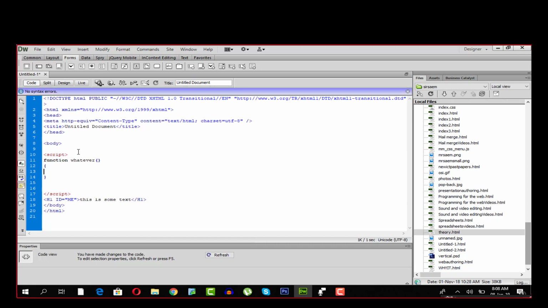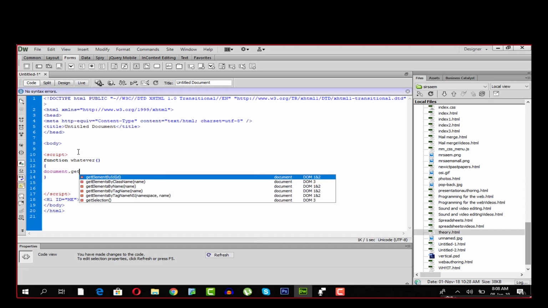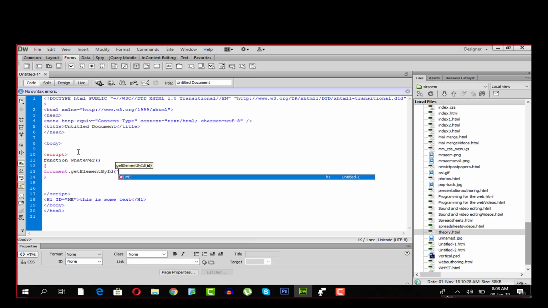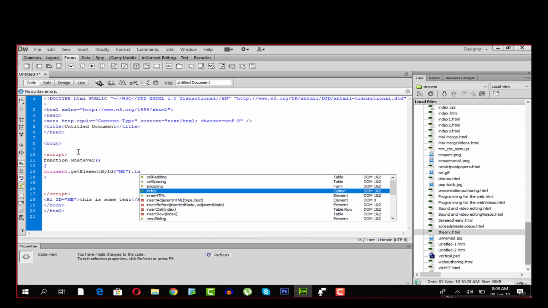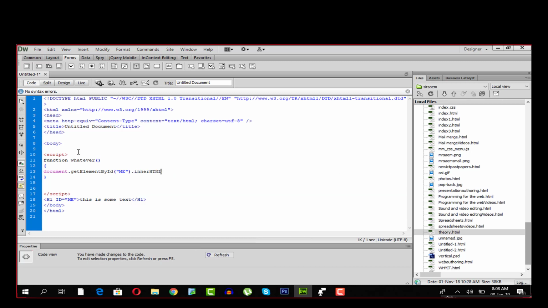And over here what I'll do is I will say document dot get element by id by the name of me, okay, and dot inner html is equals to, I will say, some changed text,